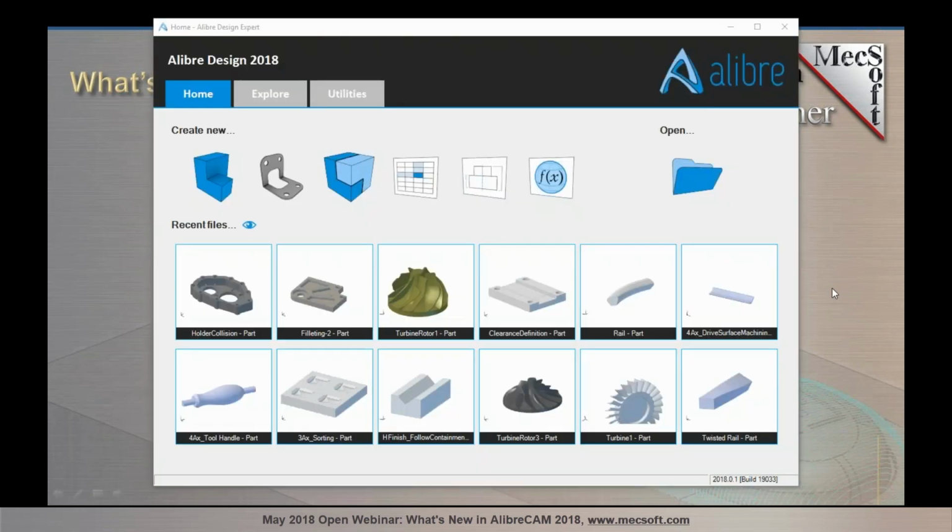Now, AlibreCAM 2018 is certified to run in Alibre Design 2018. So if you're running an older version of Alibre, you need to update to the latest version to be able to run AlibreCAM 2018. So we're going to be covering first, starting with our enhancements to 2-axis or 2.5-axis toolpath